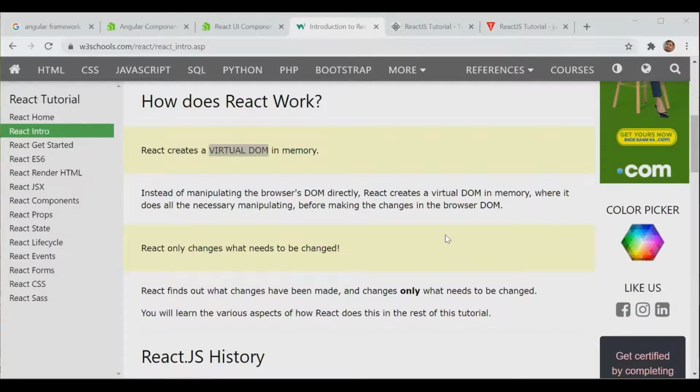Every component has its own UI or its own functionalities, like a partial view in MVC that we render. So the main thing is the virtual DOM, and why we need it.